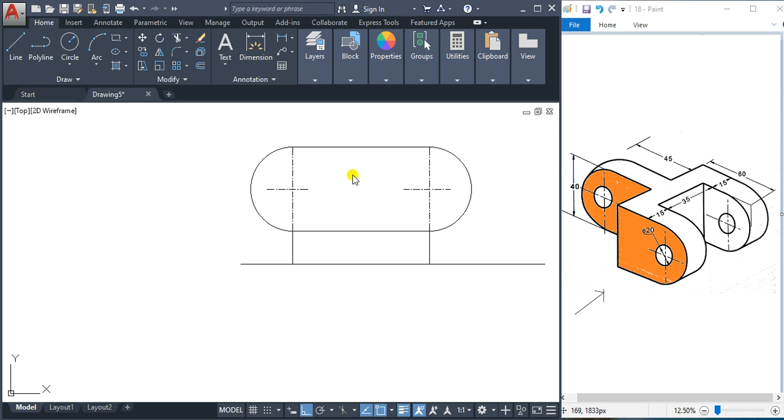Like this we can draw semicircles here, and we have to draw these circles also. This is for diameter 20 given, so radius 10. So from this center, a circle of radius 10 or diameter 20, and from this center also a circle of radius 10 or diameter 20,